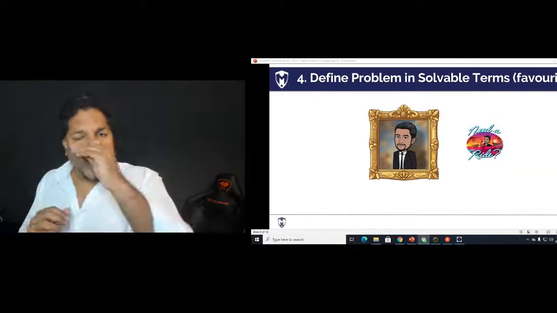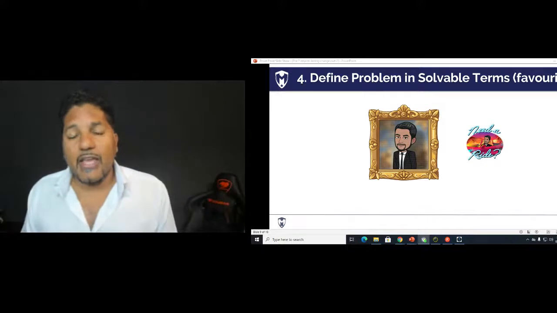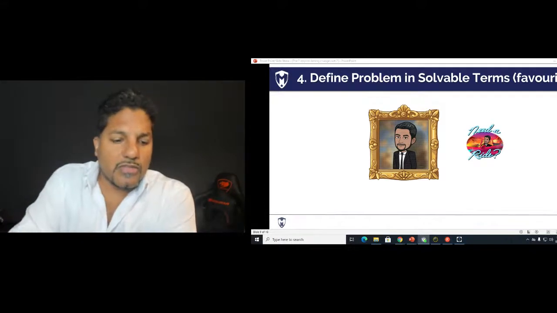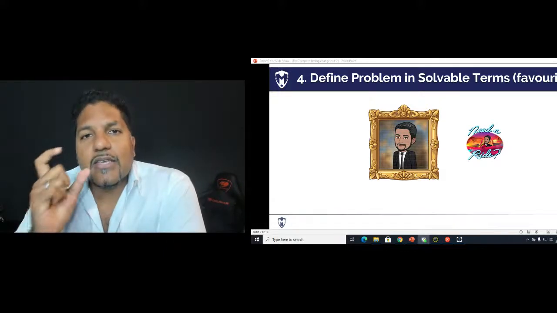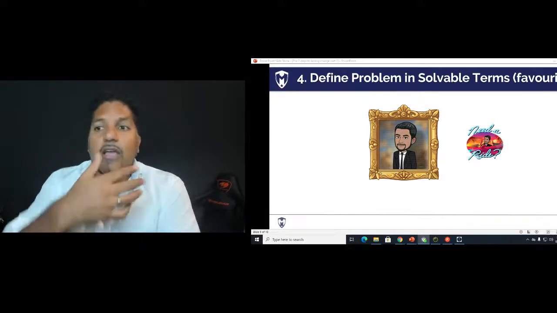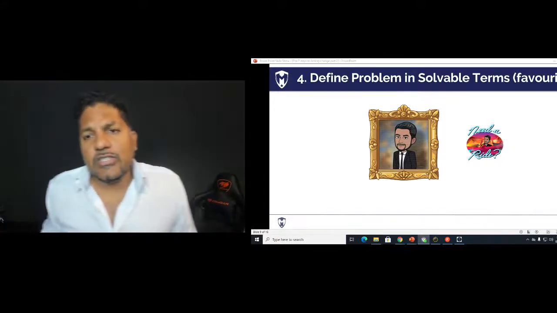When someone comes to me, they have a challenge, they think, oh my God, there's something wrong with me, I don't know what's wrong with me, there's something wrong with my mind, or I can't think properly, etc. And what I do is a reframe, which is I look at something from a different angle, and I say something to them that defines the problem in a solvable term, so that they feel better about it instantly, just by stating the problem in a way that we can solve. So here's what I mean by that. When someone comes to me and says, oh my God, I have a problem, there's something wrong with me, I don't know what's wrong with me, I just say to people, you know what,